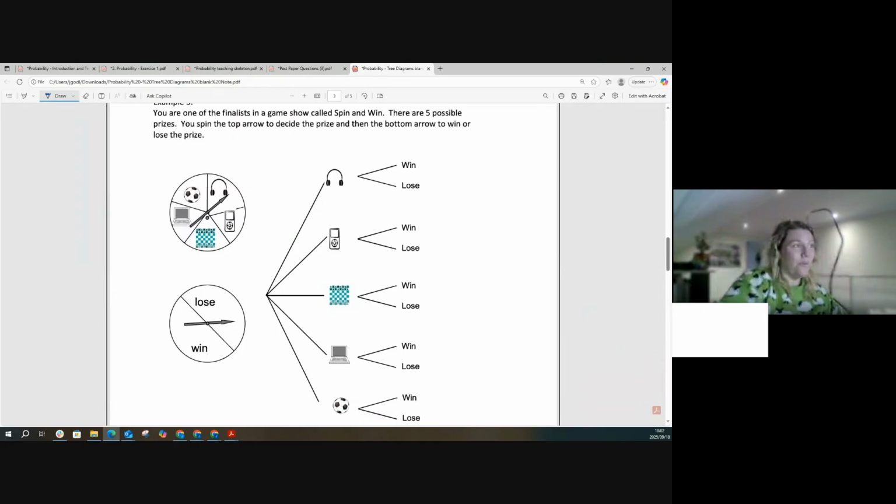So think about how many different options are there? So what would be the probability of getting each of these? And then think about how many options there are here. And so then what would be that? So you can either win a soccer ball or headphones